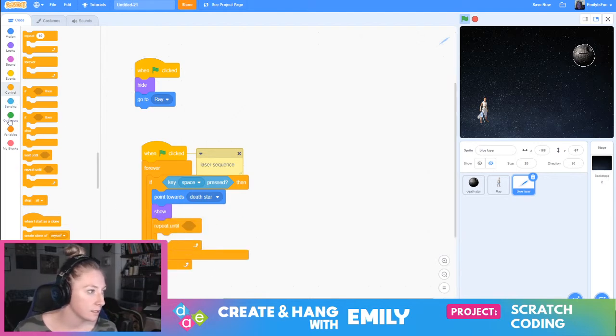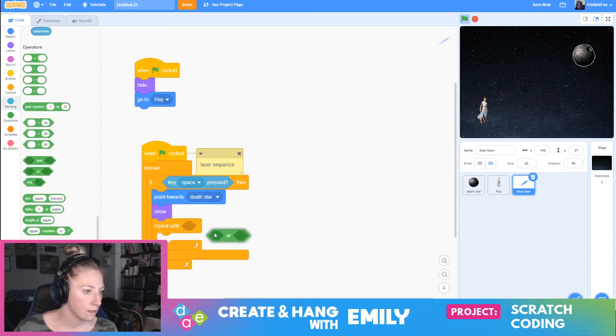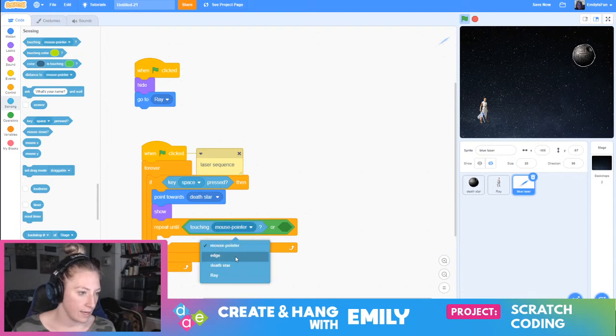Repeat until, I'm gonna need an OR operator. Operators are green. I just love the colors in Scratch. It's so nice to look at. It's so puzzly. So I'm going to repeat until I'm either touching the edge